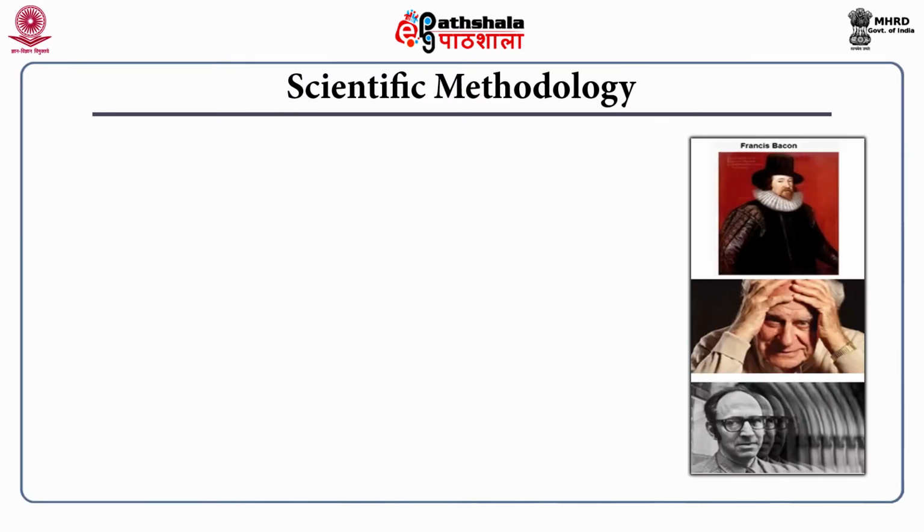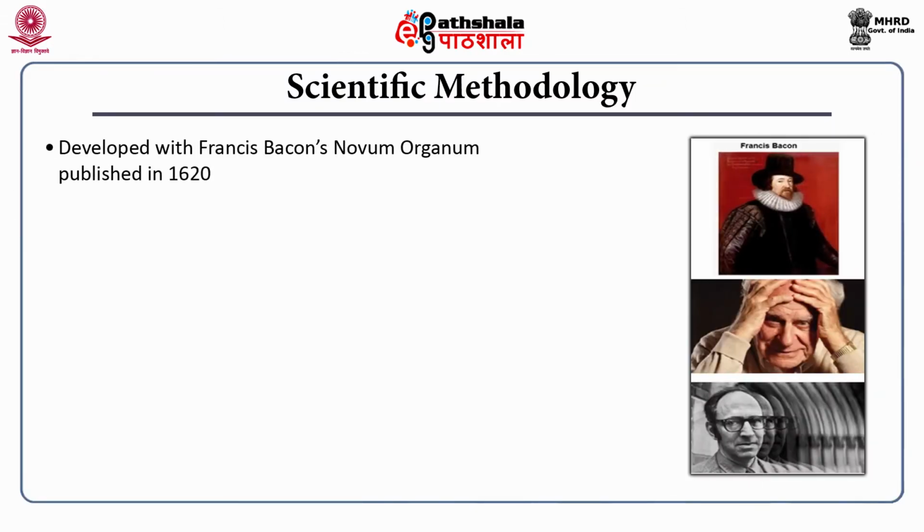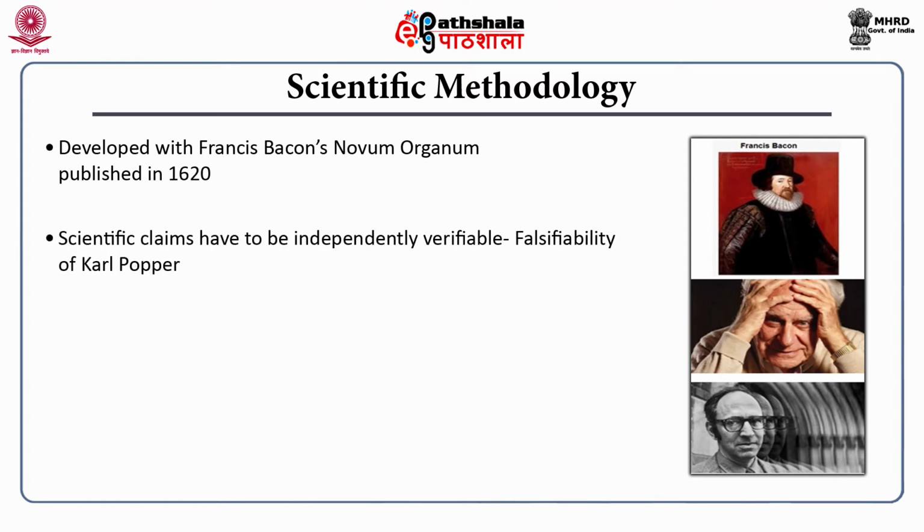Scientific methodology was developed with Francis Bacon's Novum Organum, published in 1620. Scientific claims have to be independently verifiable. Falsifiability of Karl Popper. So the British philosopher of science Karl Popper has said that scientific claims have to be independently verifiable. If a claim is made, you can never verify it. For example, Russell famously said something